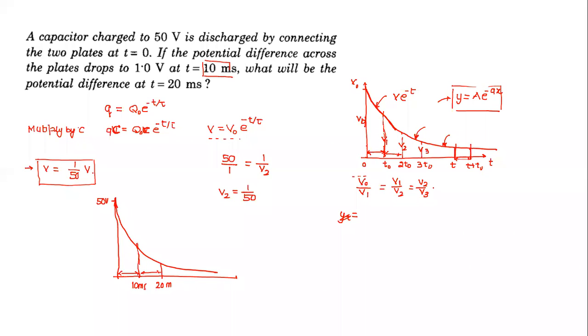If these two time intervals are equal, this is 50, this is 1, and this is V. In that case, 50 by 1, the ratio of its value at the beginning of the interval and the end of the interval, has to be equal to 1 by V. And if I take any other two ordinates also, what is the general form I can write? This time is t, and this is t plus 10 milliseconds. Again, the ratio will be equal to 50:1. That's the property of the exponential decay curve.